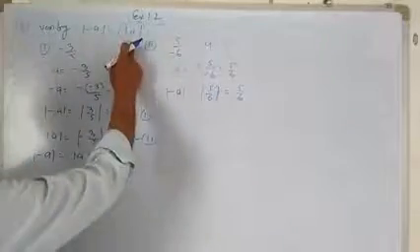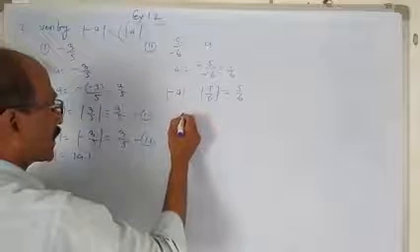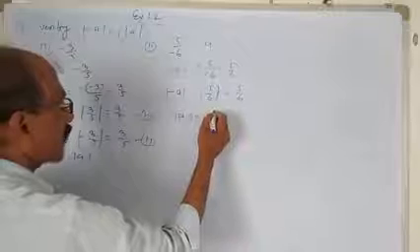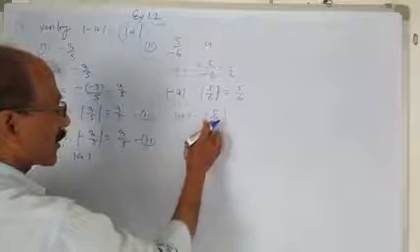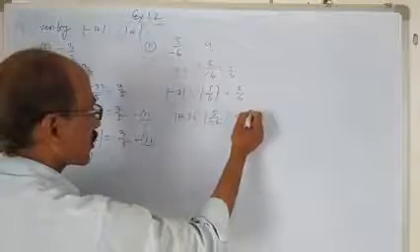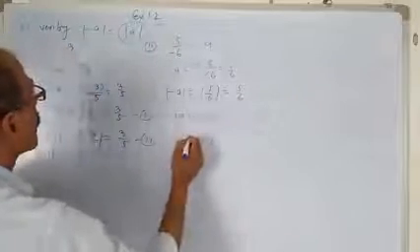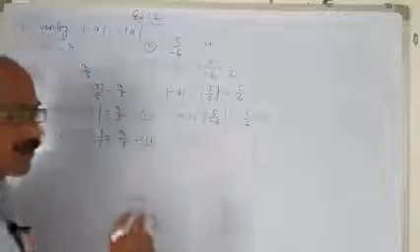Next, on the right side, mode of a. The a is equal to what? 5 upon minus 6. Mode of a. The value of a is equal to 5 upon minus 6. Here the negative integer is converted into the positive integer, equal to 5 upon 6. Here is the first, here is the second. So we write mode of minus a is equal to mode of a. Both are equal.